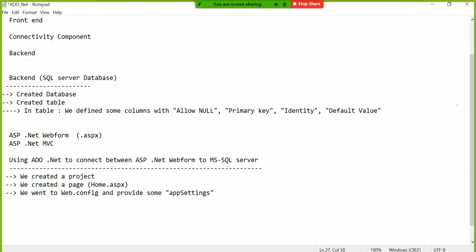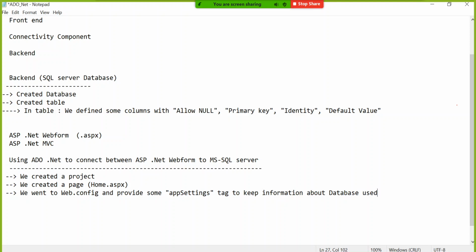You may forget that terminology, that's why I typed it here. You have to go for app settings. This is called the app setting tag, to keep information about the database used.